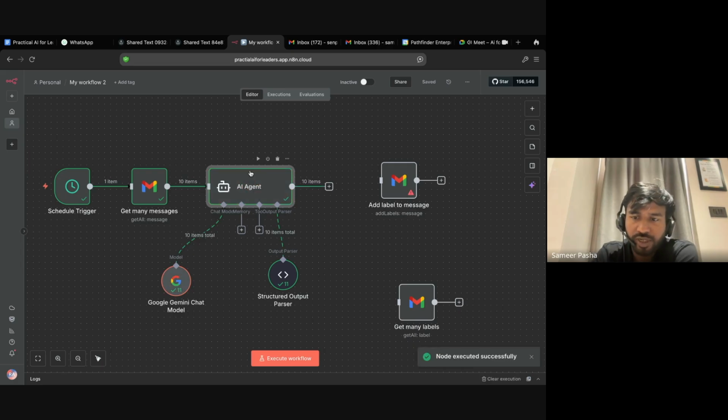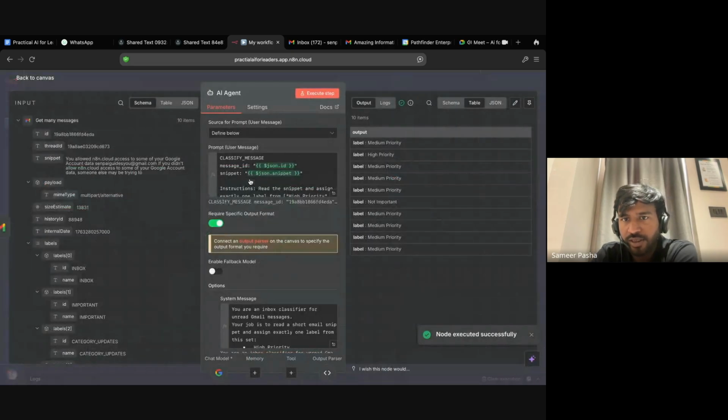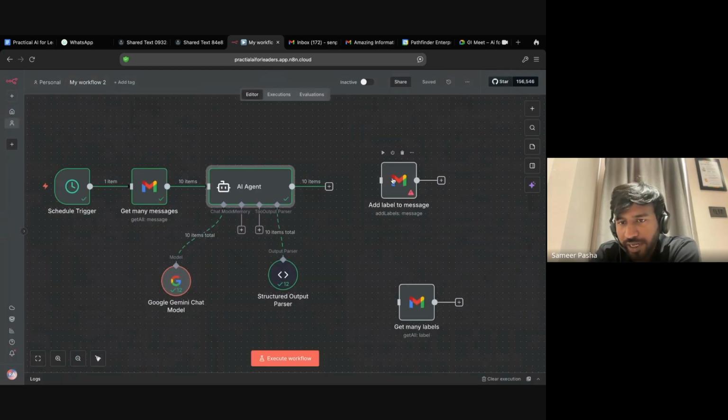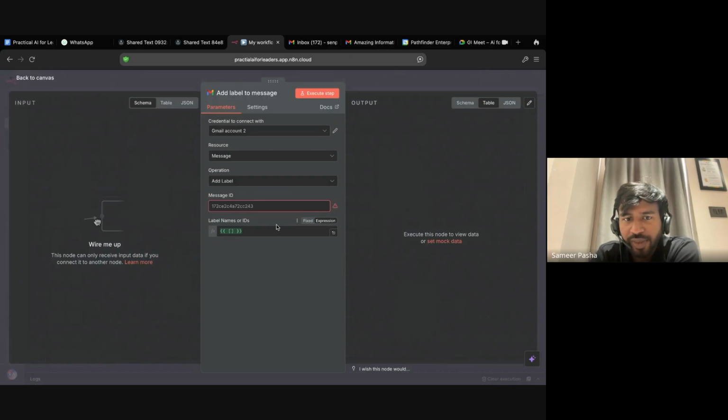Right. Not executed successfully. See, now if you look at the output, it is medium priority, high priority, not important, the label. But when we look at the add label to message node, since this is going to be a variable, we have to pass on the label IDs. We can't pass on the label names, right?